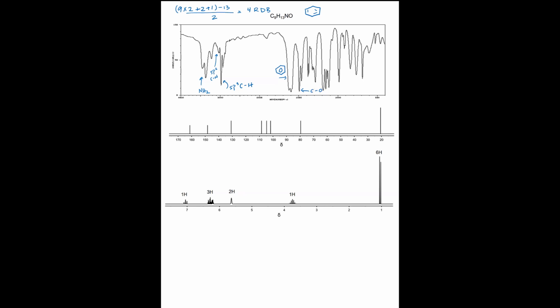Okay, so the carbon NMR, these all are in the realm of benzene rings. I'm going to count how many carbons. Let's see, I have 1, 2, 3, 4, 5, 6, 7, 8 carbons. So I have a little bit of symmetry. And this peak is a little bit taller, so this is probably the peak that has 2 of the same one. Now looking at the proton NMR,